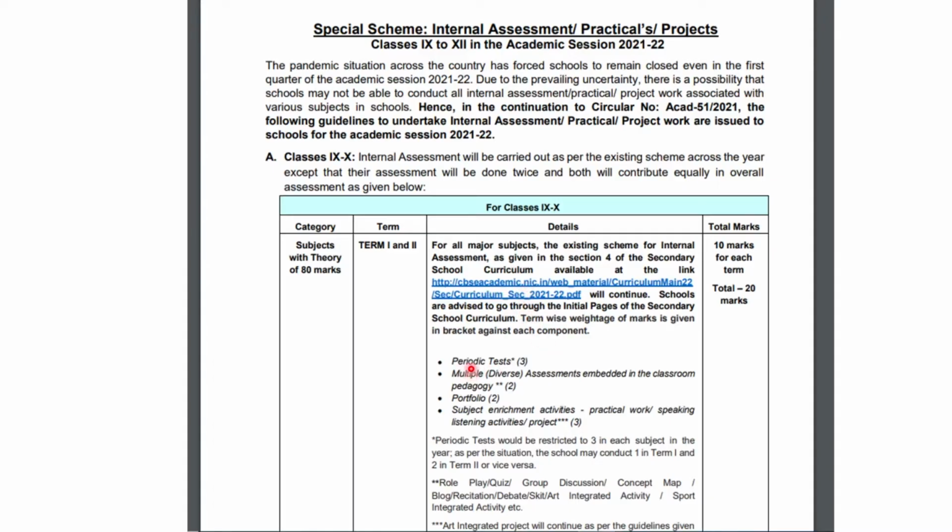It says there have to be 3 periodic tests, then multiple assessments, portfolios twice, and subject enrichment activities again thrice. This is for term 1 and term 2, and it would account for 20 marks. So this is how CBSE has proposed, and as you see, portfolios are an integral part of the internal assessment.